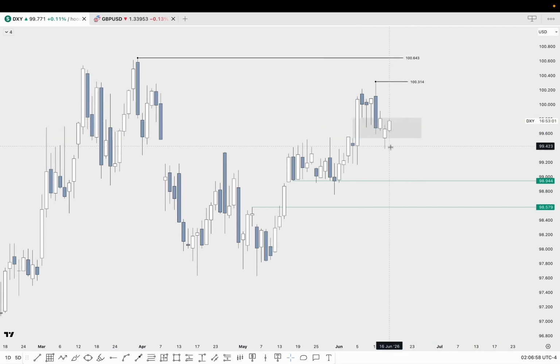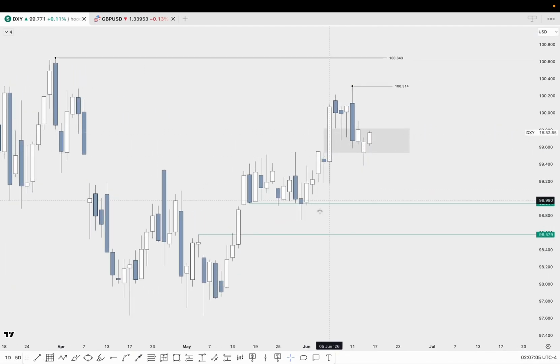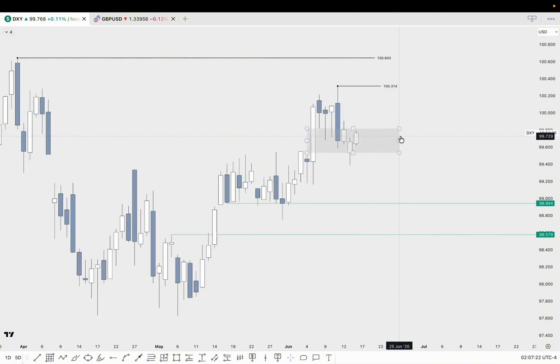And yesterday's close was quite close to inversing it, and it's still being respected heavily. I want to still see price, from the daily perspective, take out the external range liquidity, which is the 100.314, with the final target at the 100.643 level. So the daily and weekly are in sync